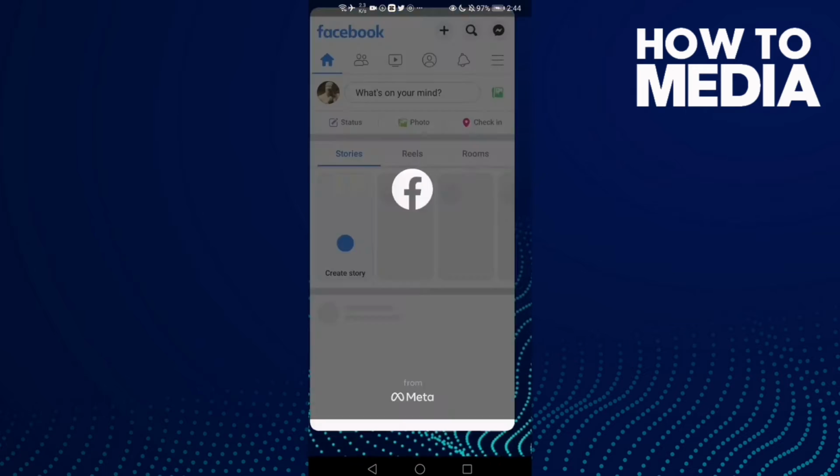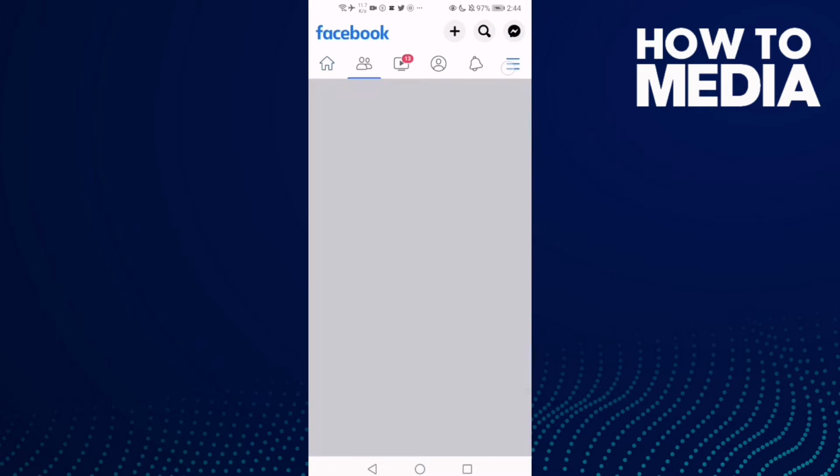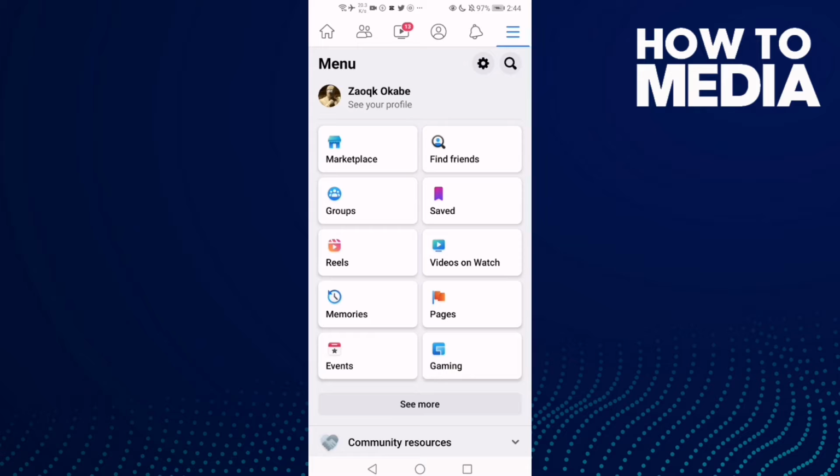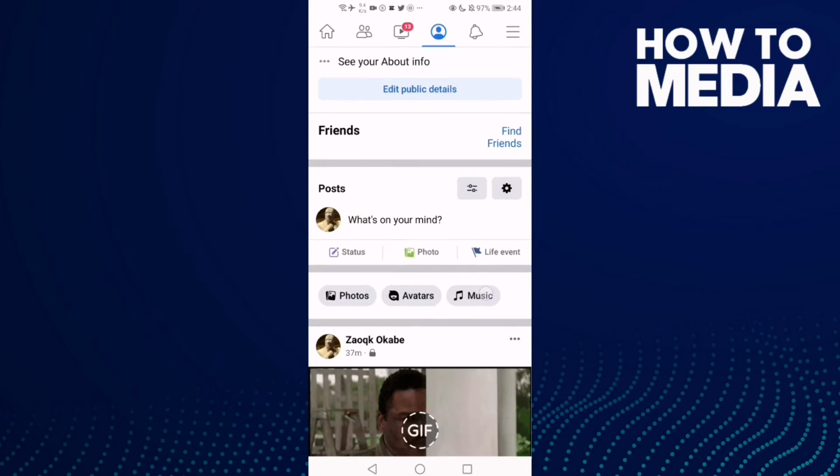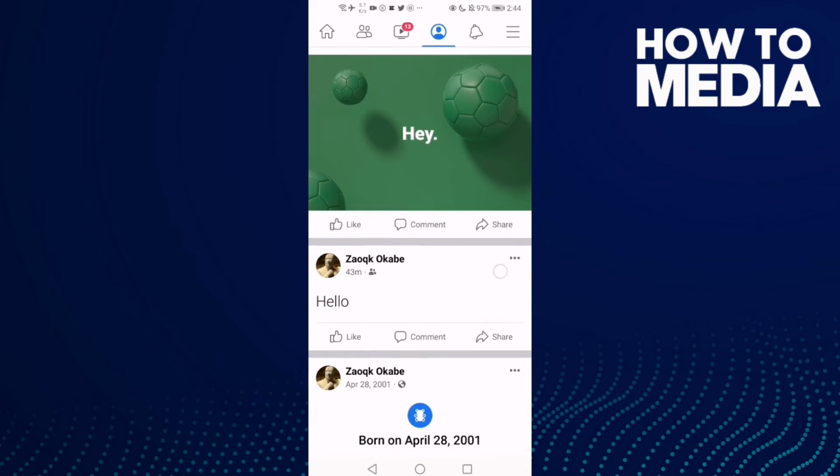First thing, go to Facebook and then click these three lines here in the top corner and now click see your profile and then just select any post you want,